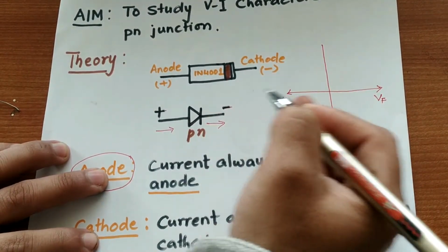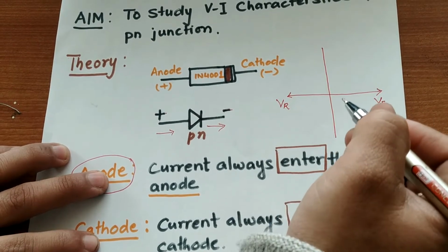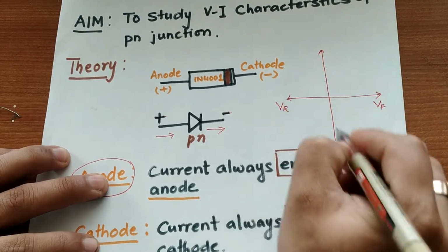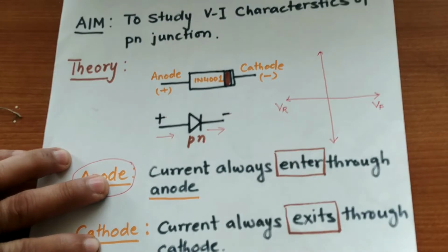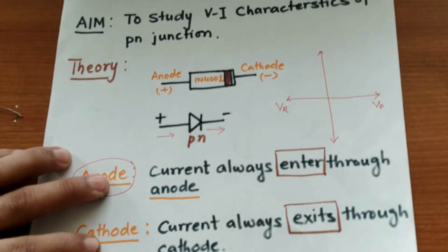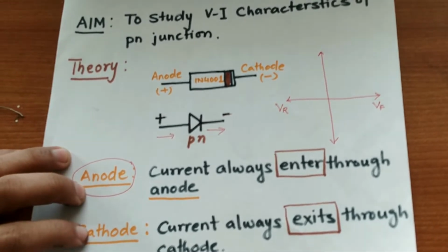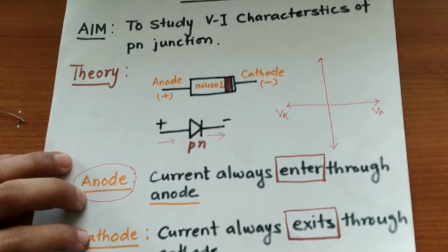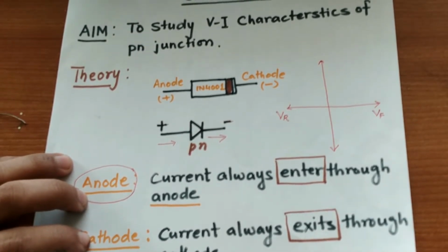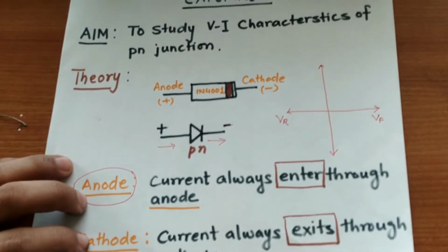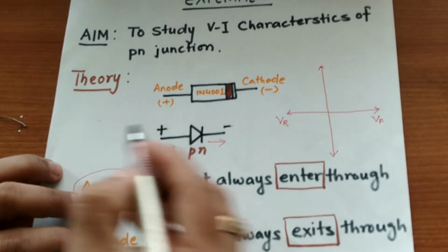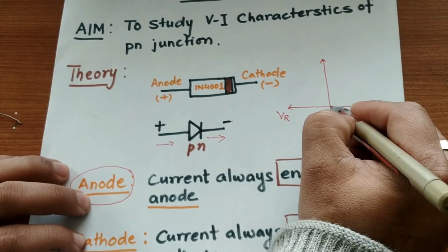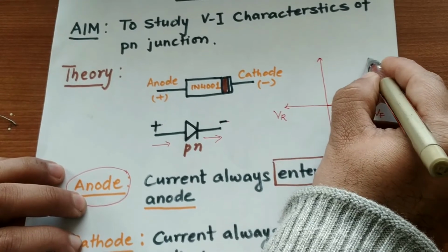Whenever the diode is working in the forward bias or reverse bias direction, a current flows through it. As I have told you, in reverse bias condition when we say no current is flowing, we are talking about the ideal condition, but in practical application that is not the case. When the diode is working in forward bias, you will get a curve like this.